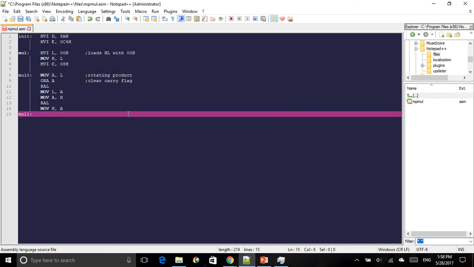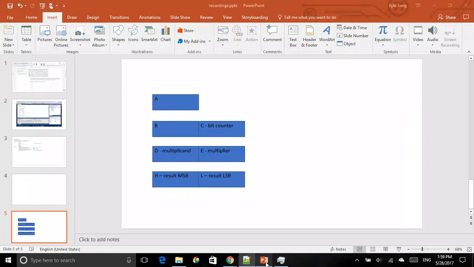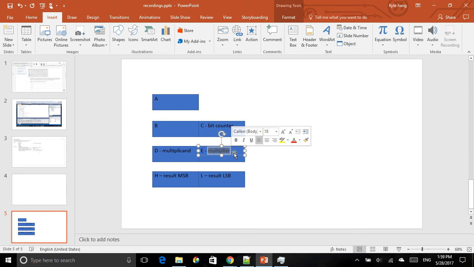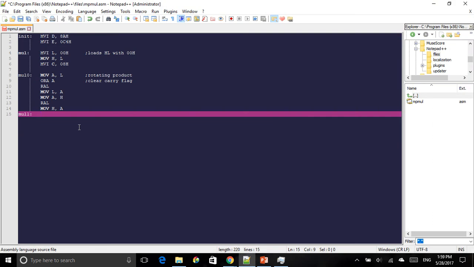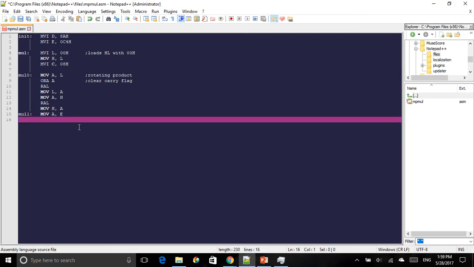Okay, now we take a look at the main mechanism for doing this multiply. So remember, D is the multiplicand and E is the multiplier. So the multiplier is going to be shifted, and whenever there's a 1 shifted out and we read that 1, we're going to add D to the product area. So the way we do this is, first we move from A into E, and now we're going to do